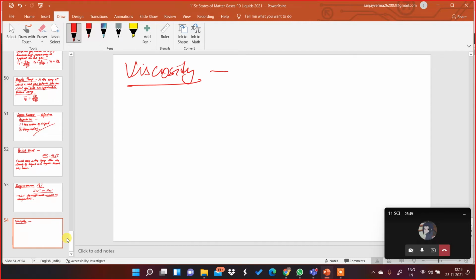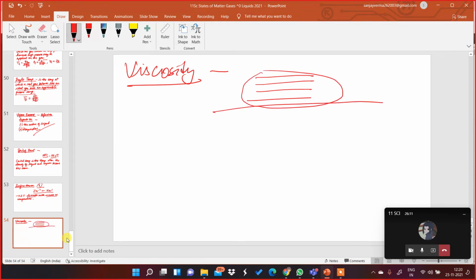In other words, you can define it as the force of friction which one layer of the liquid exerts on another layer of the liquid. The type of flow of liquid in which there is a regular gradation of velocity in passing from one layer to the next is called laminar flow. Whenever there is a liquid on a surface, the top layer starts to move, and it pulls the second layer, the third layer and the bottommost layer. That is the flow of viscous liquids.